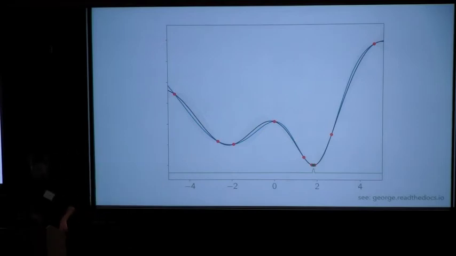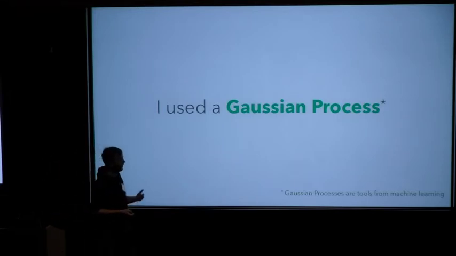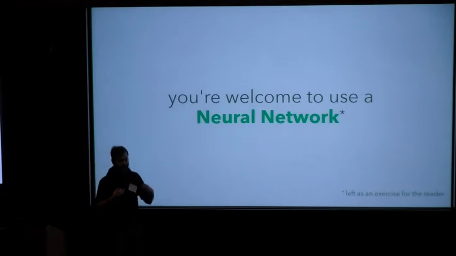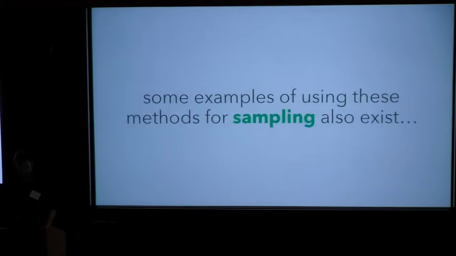And so here, like I said, I used a Gaussian process to do that estimate, and that's sort of standard in this field. Gaussian processes might be more familiar to people in this room, but in some sense, they are tools from machine learning. You could imagine swapping in something like a neural network, if that's what you're in the mood for, as the layer that you put the prediction in. And there's a lot of literature about this that I'd be happy to chat about.